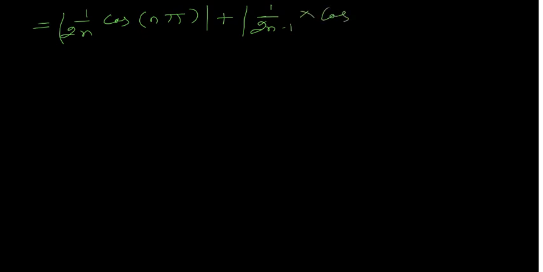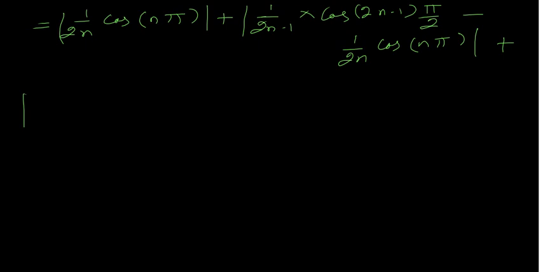This is equal to 1 by 2n into cos of n pi minus f of 0, which is 0, mod, plus 1 by 2n minus 1 into cos of 2n minus 1 into pi by 2, minus this value, obviously 1 by 2n into cos of n pi,